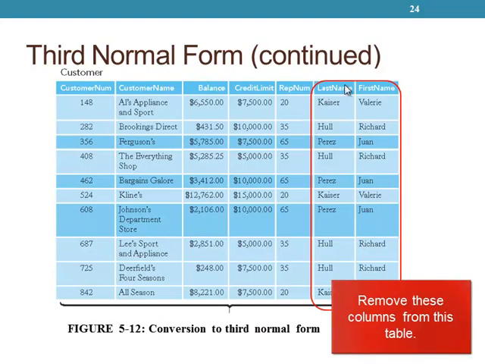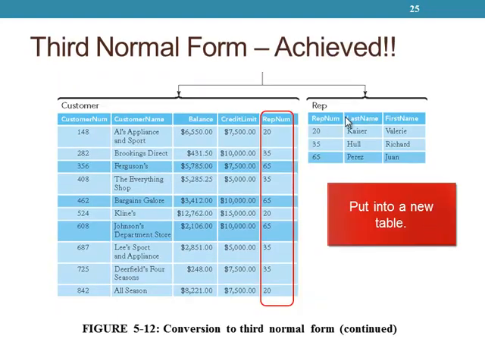So we're taking the last name and first name from that customer table, because those are dependent on rep num, but rep num is not the primary key for this table. We're going to put them into a separate table where rep num now is the primary key, and these are your dependent fields. And then in the customer table, we're only going to refer to rep num, which will then point us to where we can find last name and first name. So that's third normal form.